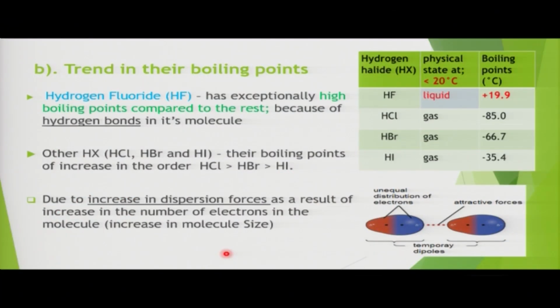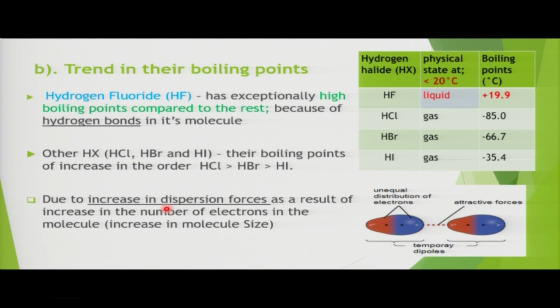Let's look at the trends in the boiling point. Still, we shall have to involve the intermolecular forces of attraction. As you can see, the trend, apart from fluorine, the rest, it increases down the group, but for fluorine, it is exceptionally high. It is the only hydrogen halide with a positive value as boiling point. The rest are negatives. So the same explanation: presence of hydrogen bonds in hydrogen fluoride, whereas the rest,